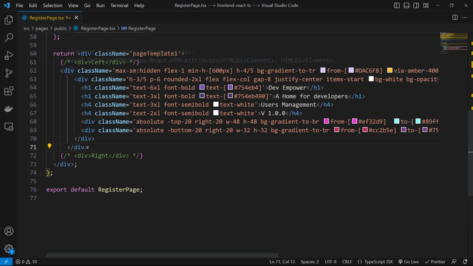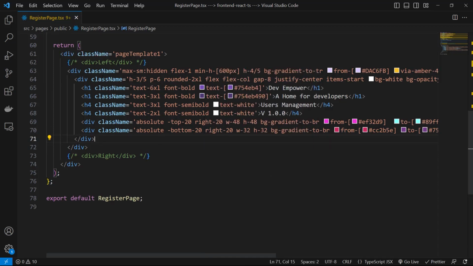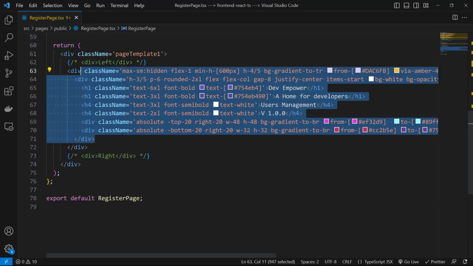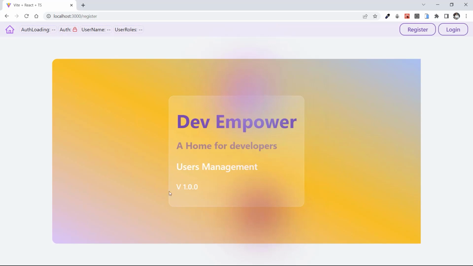And this is it. This is a simple division with some class names and also some text. So let's use the format document, and this is the register page. Let's check it until now in the front end. So this is it. Let's refresh the page to be sure about everything. And if I go to the register, you can see that this is the structure that we are implementing,